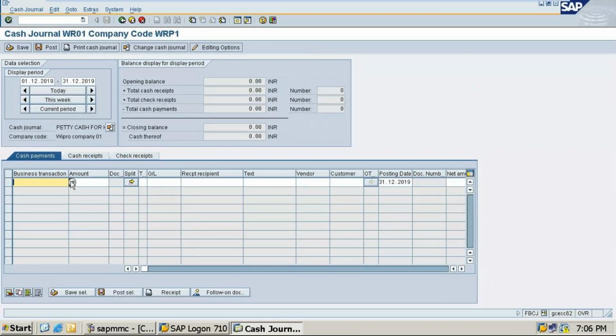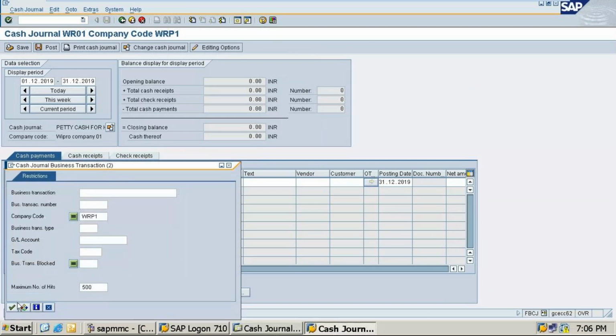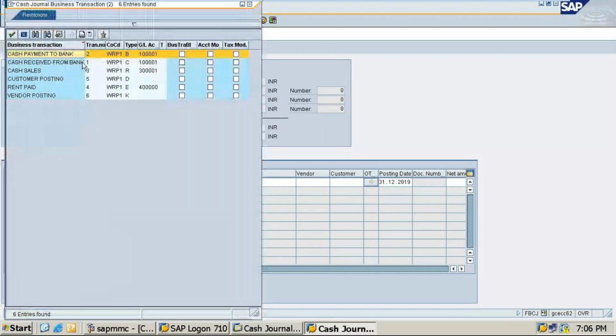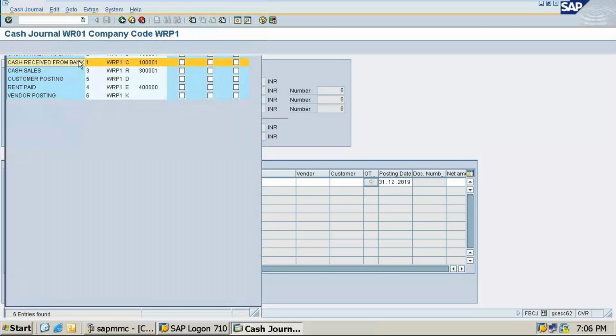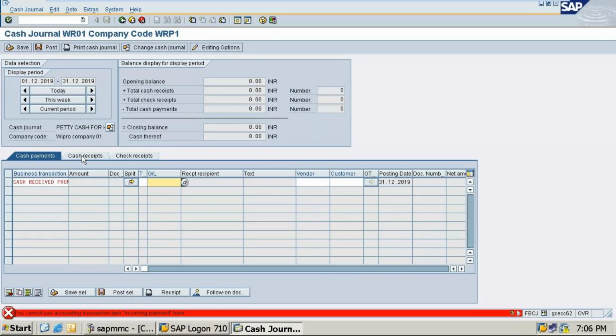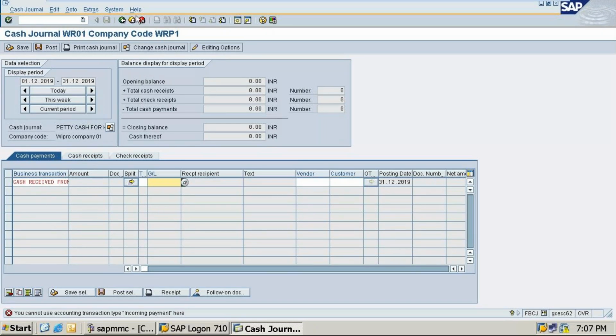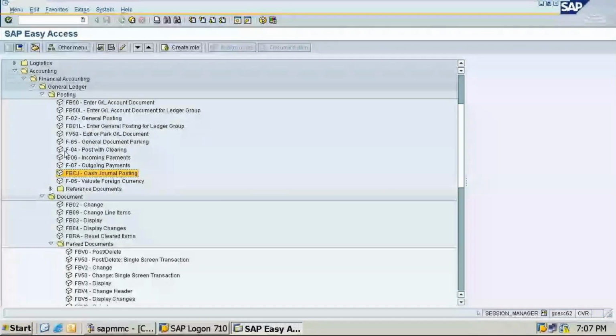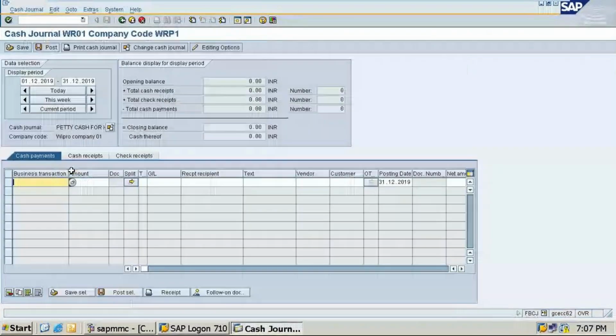Cash journals. Business transactions. The cash receipt from bank, amount is 10,000. Okay, I am in cash receipt now. Sorry, there is one mistake. One second. We have to go to cash receipt first.